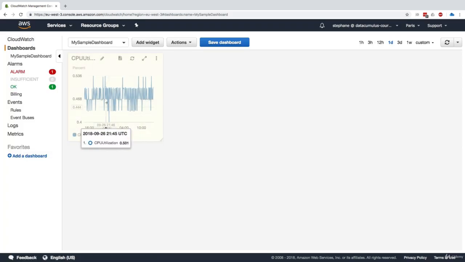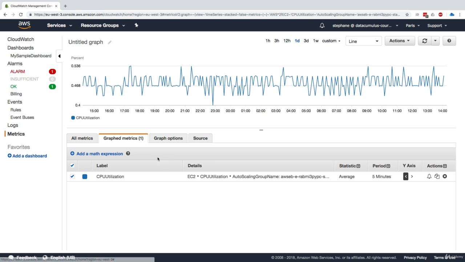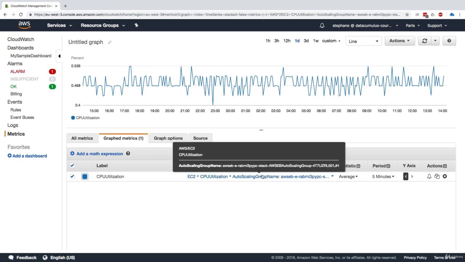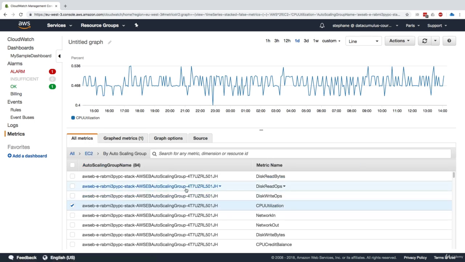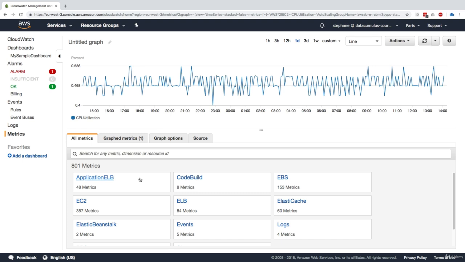So let's press yes, and click on add to dashboard. And now our metric is basically displaying on this dashboard. So it's really nice because now we can add more widgets. Here we save the dashboard. We can add more widgets and more metrics, and we're able to really create something very nice. So I won't linger too long on these metrics. You can play around. I mean, you have so many metrics to look at.